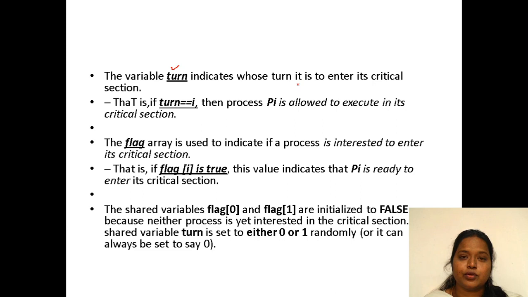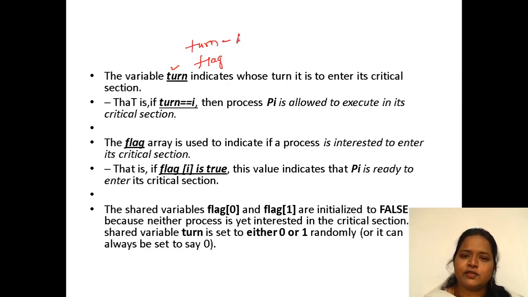First of all, we have to mention the two shared variables. Shared variables are those used in the critical section. By making use of these two variables, he decides which process enters the critical section and executes on the shared resources. The two variables are turn and flag.